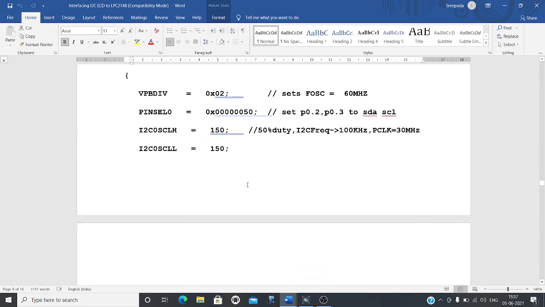Also we are loading the duty cycle registers, SCLH and SCLL, each with 150, because we have a 50% duty cycle, the desired I2C frequency is 100 kilohertz, and the peripheral clock is 30 megahertz. If you put these values into the previous formula, you will get 150 and 150. That's why I have loaded these two.